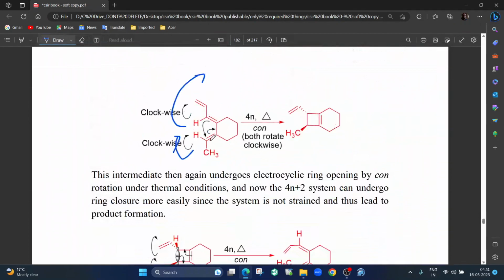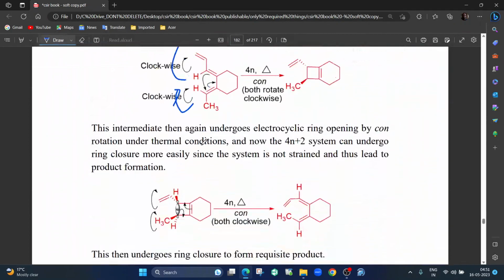So this was in the plane. So when I rotate it up, CH3 comes outside the screen. H goes inside the screen. Okay. And so you get this. This is one of the intermediates which they have shown. Further what happens is,